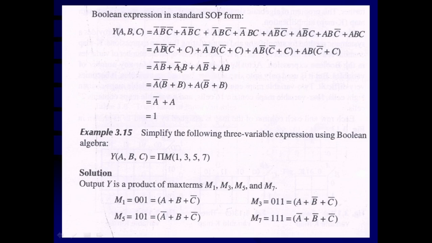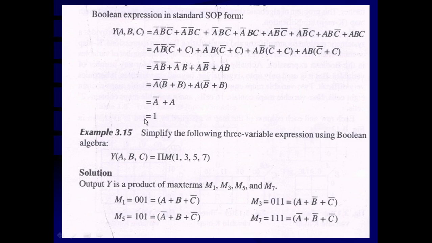Again here we can take these 2 terms, and A bar is going to be common from these 2 terms, remains B bar or B inside the bracket. Here A is going to be common, again B bar plus B is going to be common. Any variable or with its complement results 1, multiplied with the variable is equal to that variable itself. So this is equal to A bar, or for this one it is going to be A. So A bar plus A, that is going to be 1. So the total equation is going to be reduced to 1.